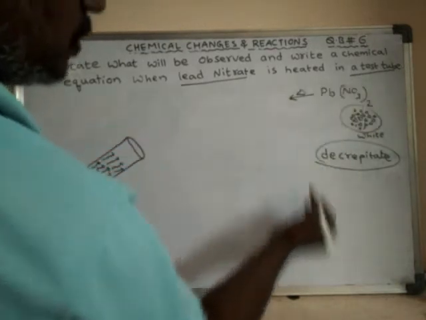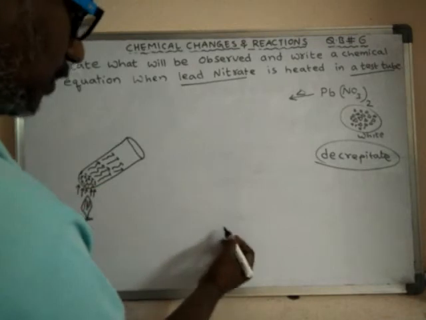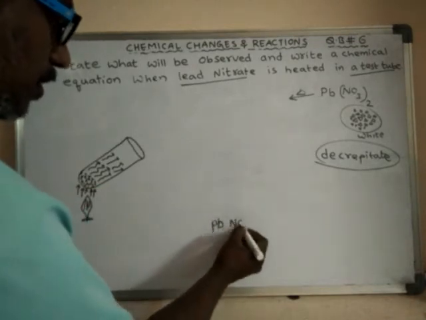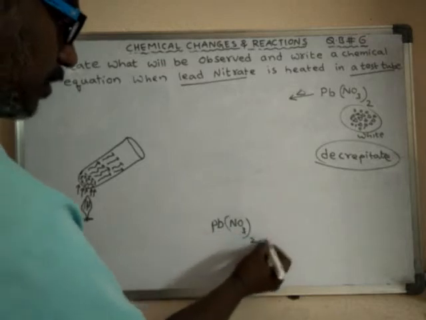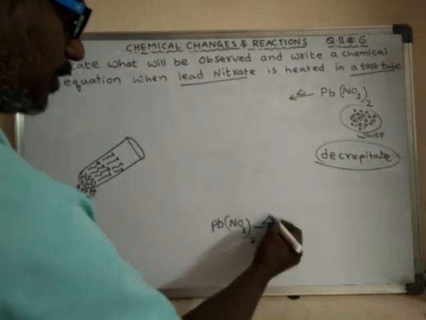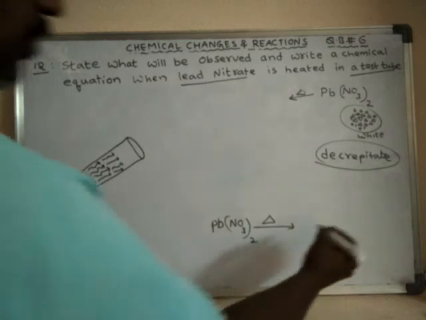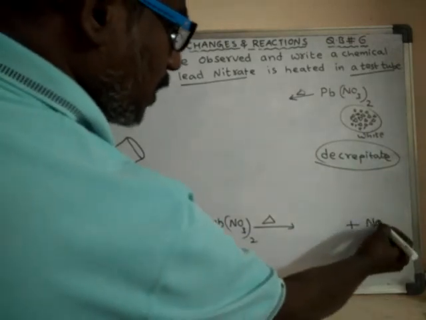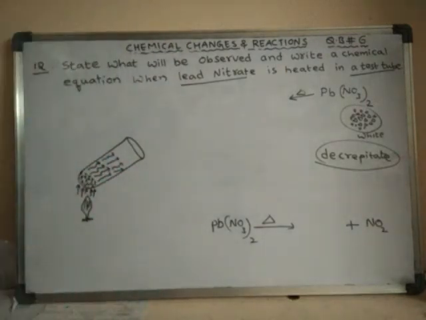So this is the reactant. Generally the reactant should be written on the left side, so I am writing it like this. Lead nitrate when heated strongly gives off the reddish brown colored gas. What is the reddish brown colored gas? Already we have learnt this in practical chemistry. The reddish brown gas is nitrogen dioxide.